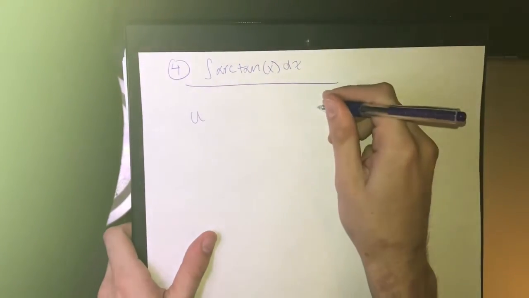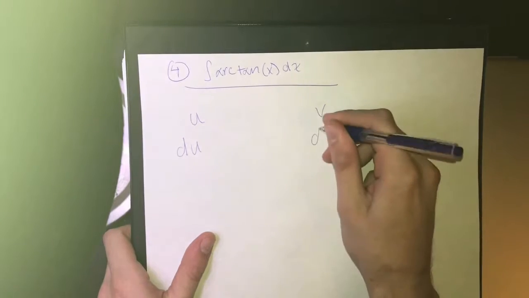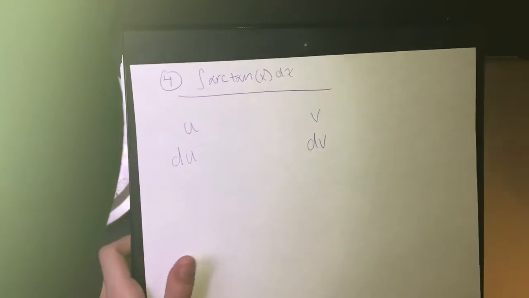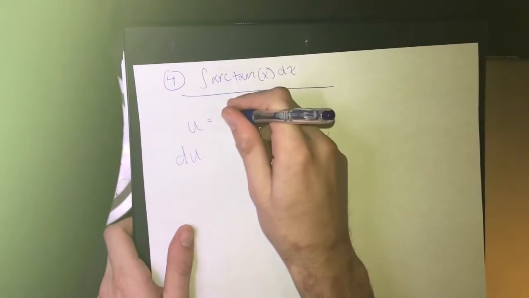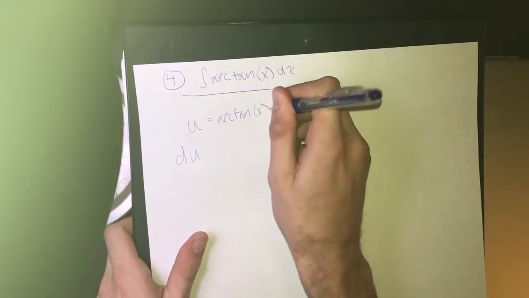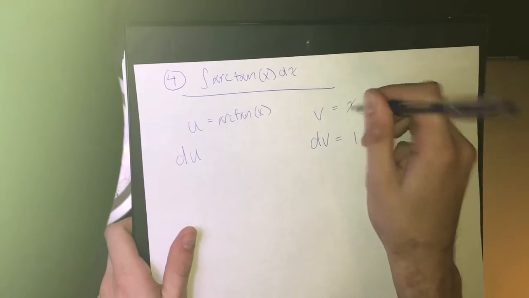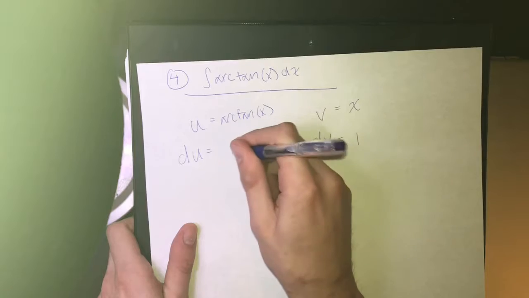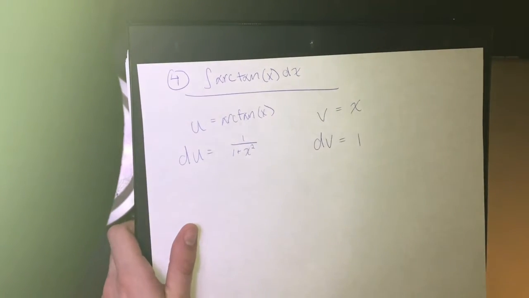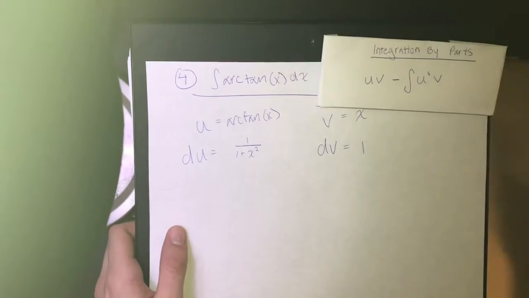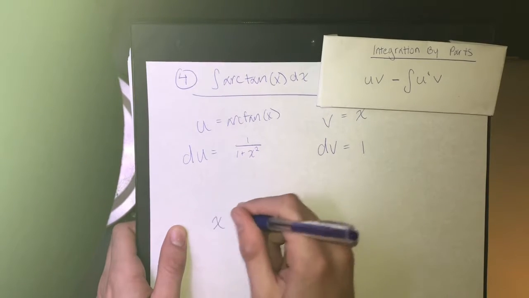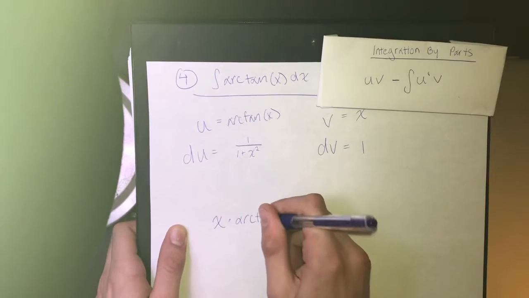Our final example is going to be the integral of the arctangent of x dx. And as we have in all the examples, we're going to find our u and dv from the problem, and here dv is always equal to 1, and u is always the function. So du is going to be equal to 1 over 1 plus x squared, and v will be equal to x. And we'll plug that into the integration by parts formula,